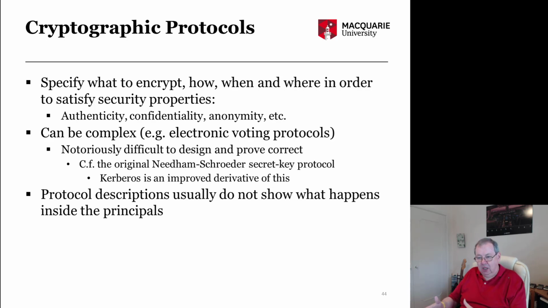Having authenticated yourself to some entity like the registrar of voters, you can then give them your vote to sign blindly, and then the blind signed vote can be unblinded, and then you can use that to record your vote without it being associated with your identity. So these protocols can get quite complex, and very often it's very hard to prove that they do operate correctly